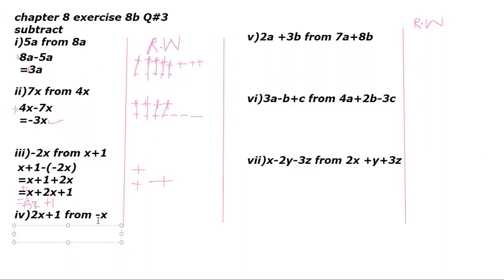Now I will do it practically. Negative x we will write here, negative x, and this negative sign shows that we have to do subtraction, and because this is an algebraic expression, 2x plus 1 is an algebraic expression, that's why we are putting it in